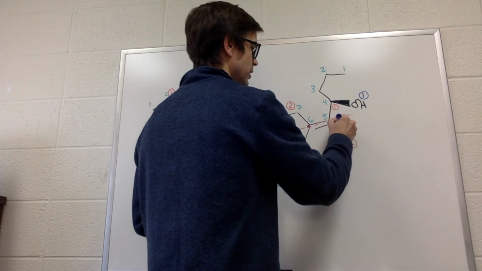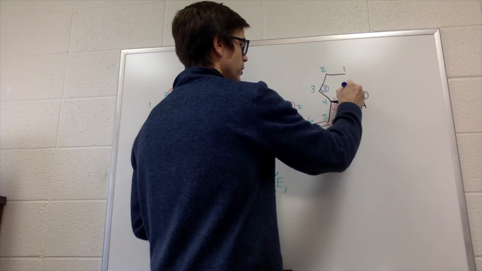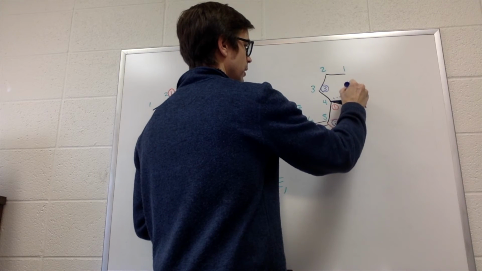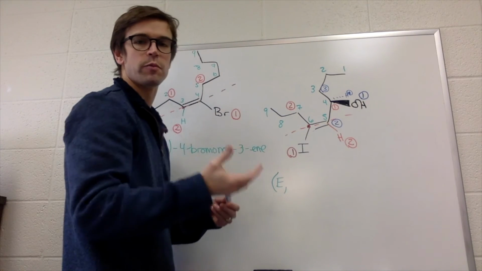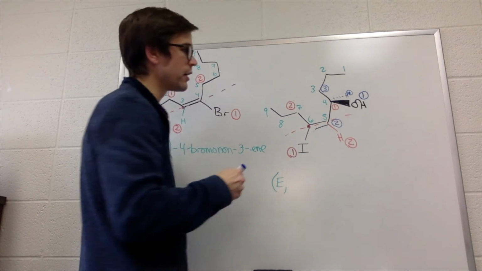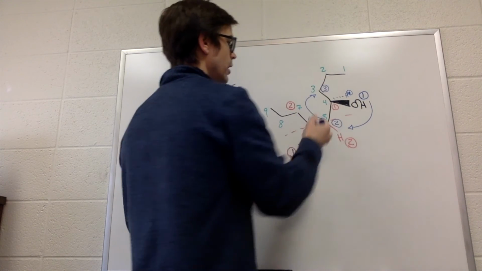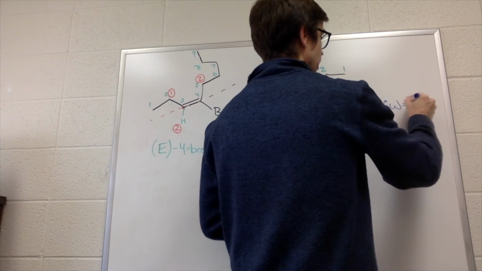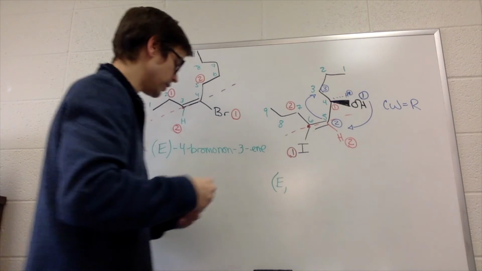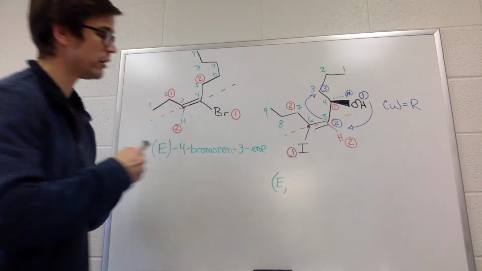So that would be the second priority. This would be the third priority. And the fourth one is the hydrogen back there. So all of our fourth priority is in the back, which is the important thing. Now we can do our 1 to 2, 2 to 3. That's clockwise. So clockwise equals R. So this would be E, and then R,